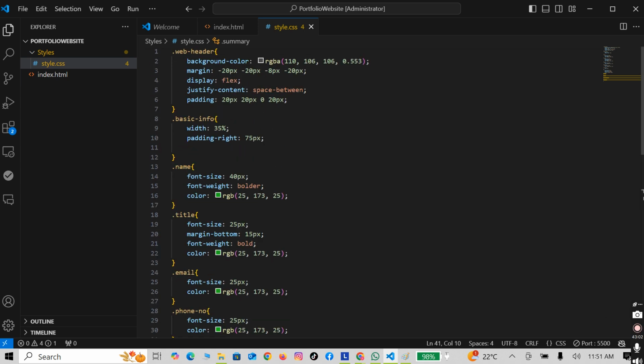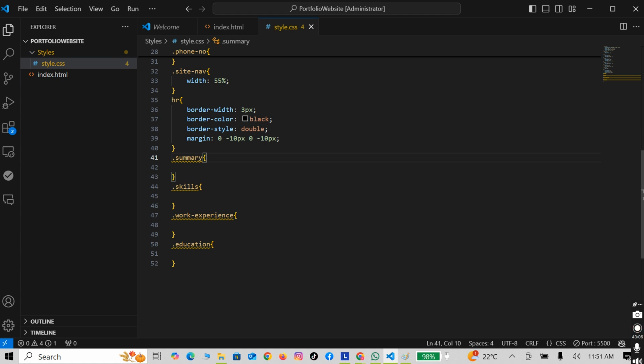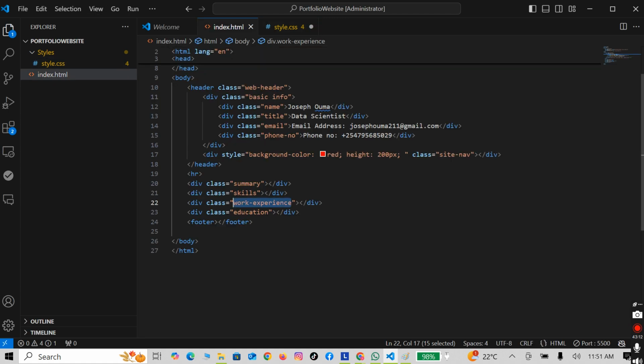So header ilikuwa tulishapeana padding. So let's use height for the time being before we write anything. Ama tunaweza kuja tu kwa index.html tuseme